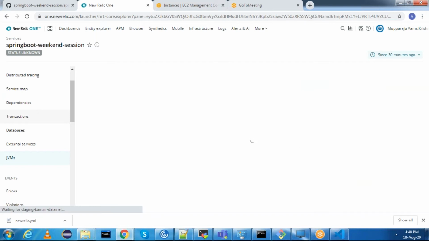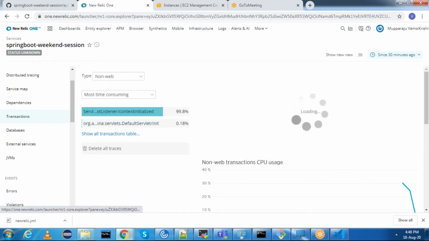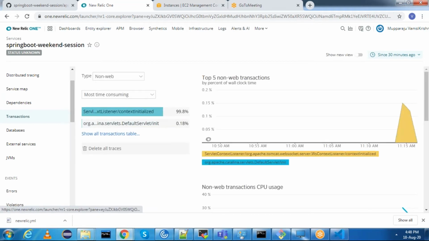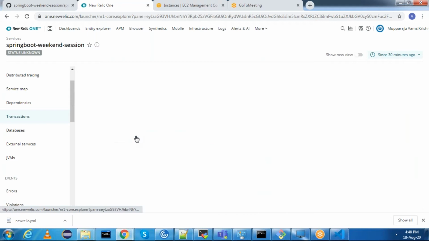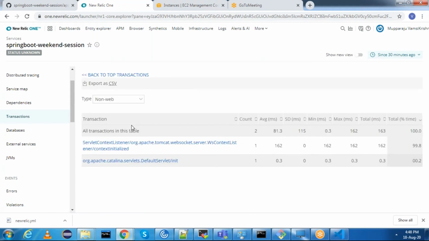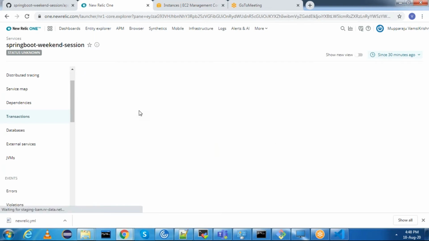And you can open transactions as well. In the transactions, you can see all the transactions that happened. See, these are the transactions that happened. As it is a Java application, you can select Java.